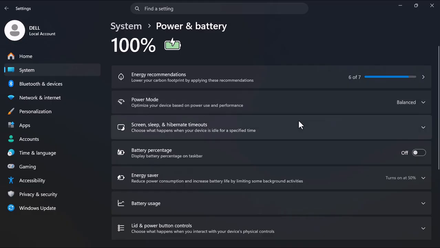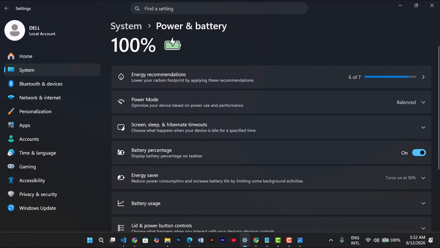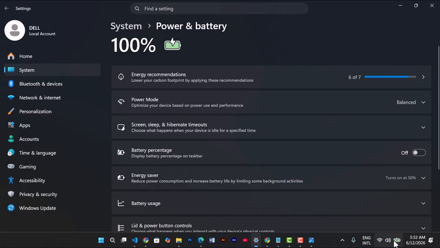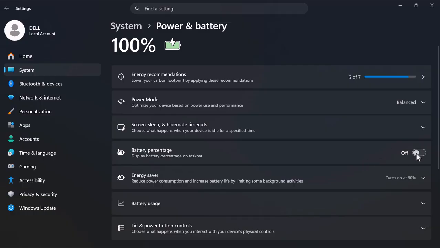Once you're here, you just have to turn on this display battery settings on taskbar, which is what you see here, 100%. As you can see, I have my battery at 100%. If I turn it off, then you will see the percentage here. So I'm going to turn it off now. So that's one of the features. Then next,